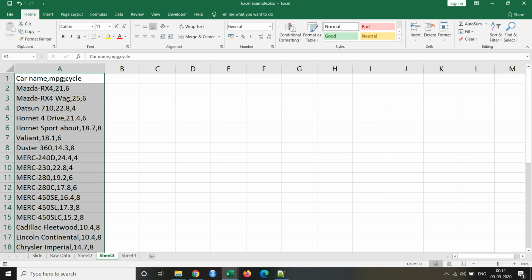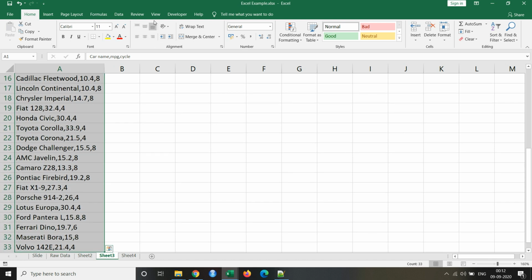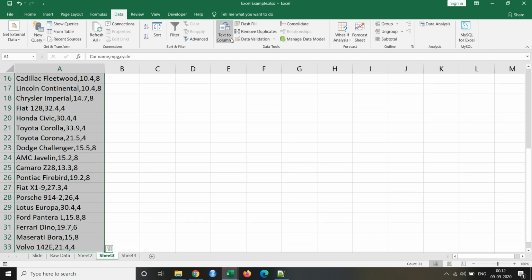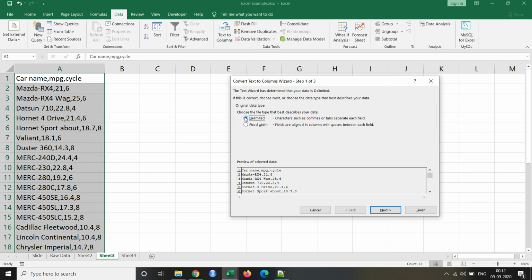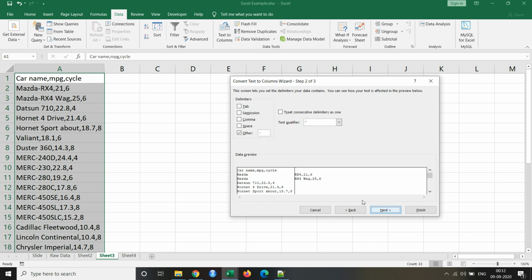So what we'll do is select this entire range, and then go to data, text to columns. Now I know that my delimiter is comma, so I'll select delimiter here. I'll click on next. Here you can see that within the delimiters comma is present, so I'll click on it, and once I click on it, this checkbox gets checked.